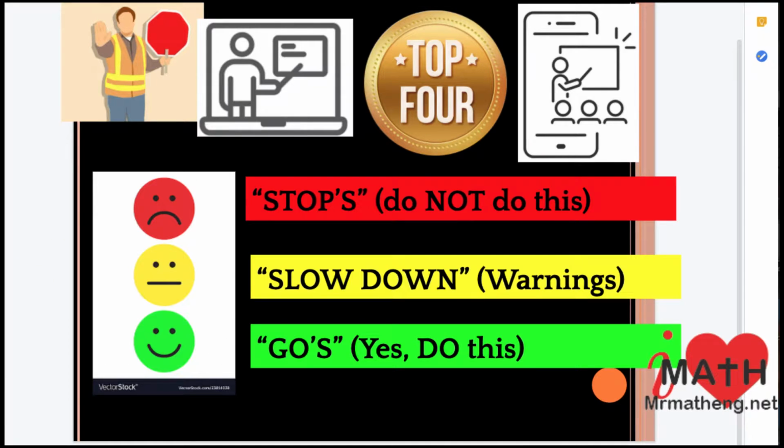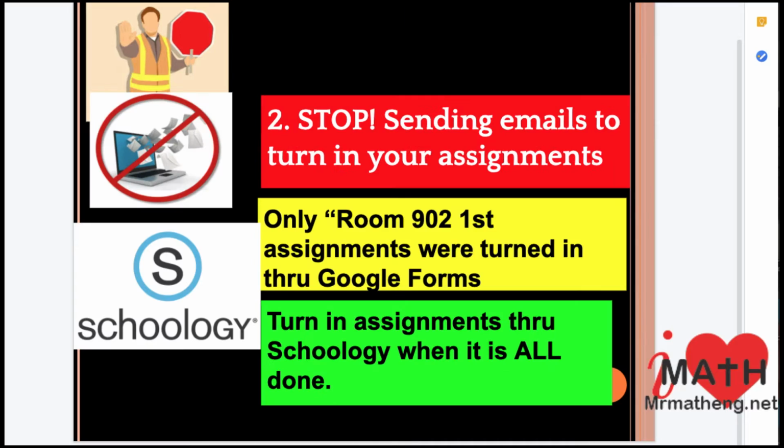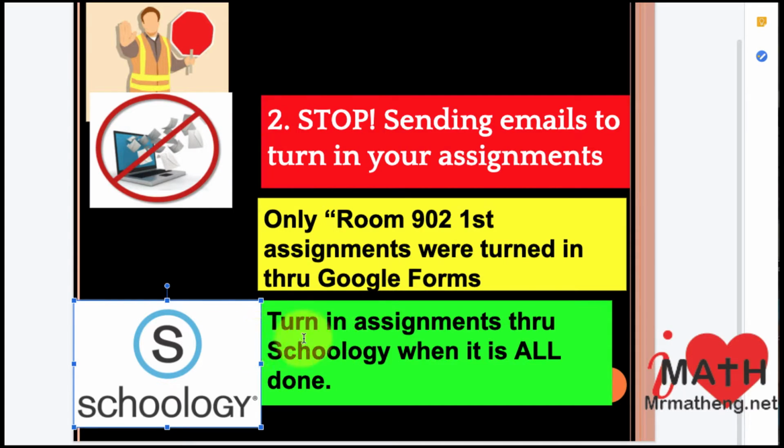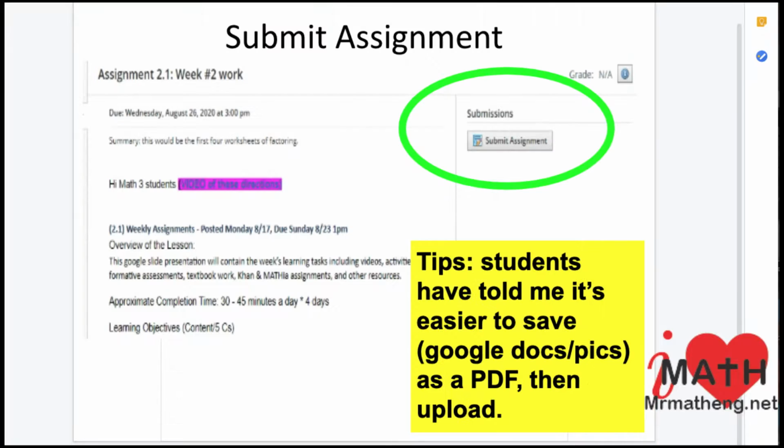That's good. Top 4s we've talked about: you guys have been doing better on unchecking that notify, and also the share settings. Make sure everyone can view it. Remember, the only way you're turning in your work is through Schoology, not through email. Connect your Google Drive to Schoology.